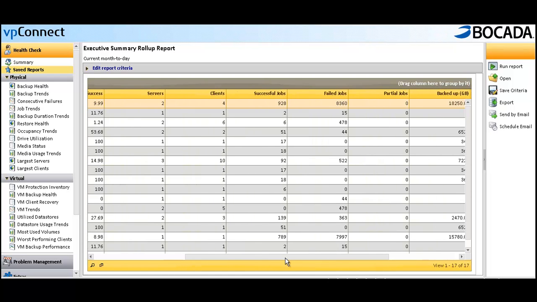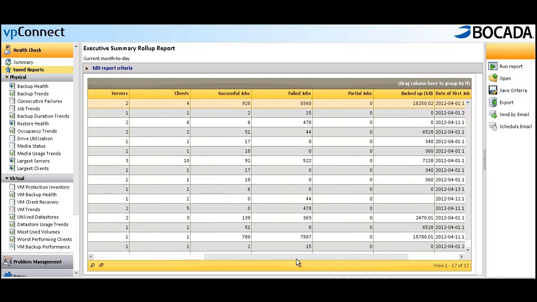And to be able to answer such questions as, how many successful jobs are you running in a month's time versus how many failed jobs? And how much data are you backing up in gigabytes? So if you're one of those environments that are constantly purchasing new storage or adding new servers to handle new workloads, this is a great report to look at over a longer period of time and also provide justification to